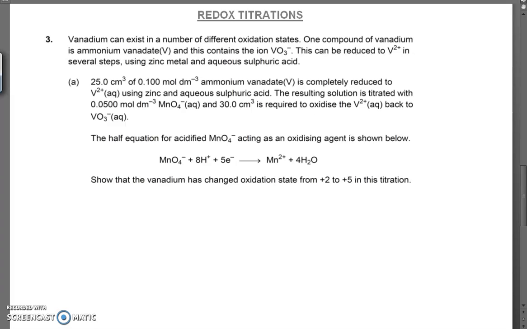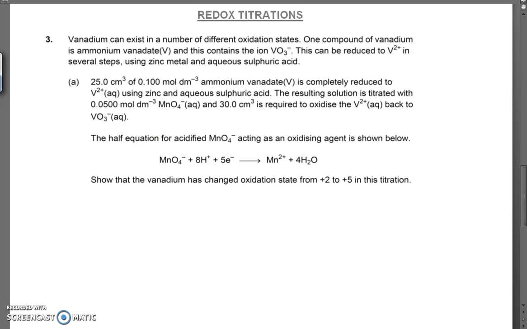Okay, in this video we're looking at the more complicated redox titration type calculations. The difficulty really with these is not so much the calculations of the moles, but the explanation at the end, the justification. You can pause the video and read the question yourself, but for time I'm just going to go on to the main thrust of it, which is manganate ions are